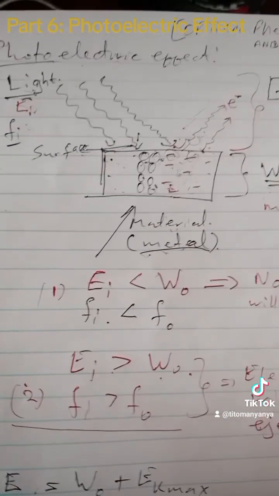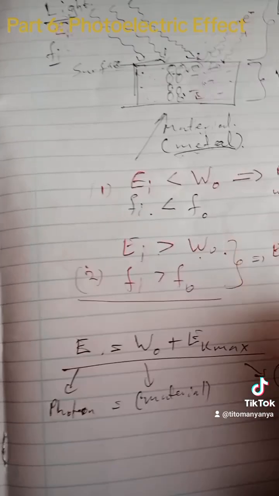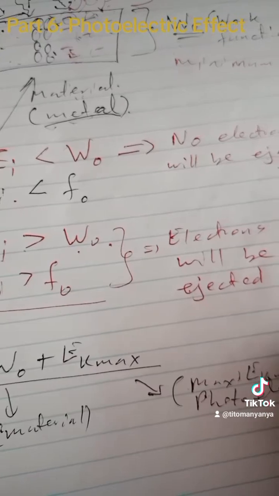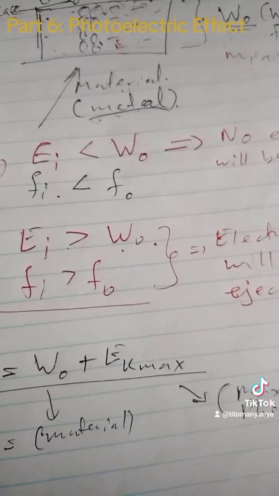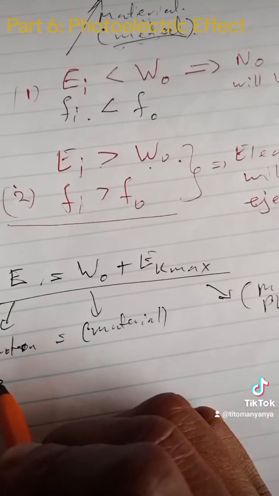So what can we say in all? In other words, the photoelectric effect is the process whereby electrons are ejected when light of suitable frequency is incident on that